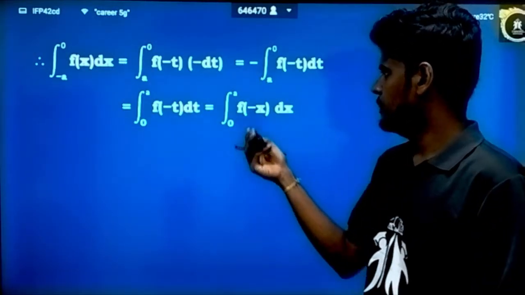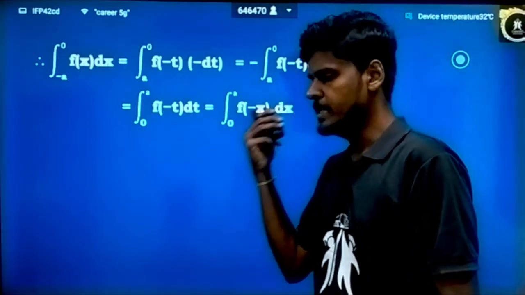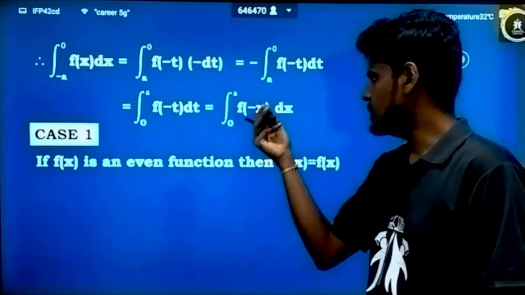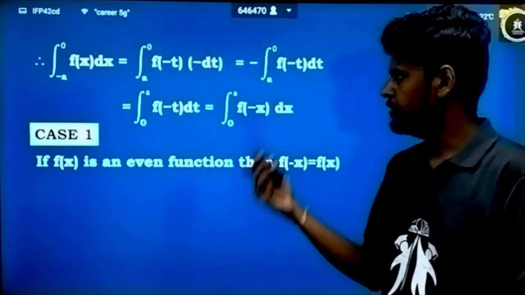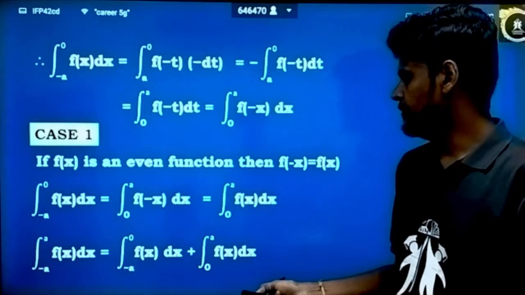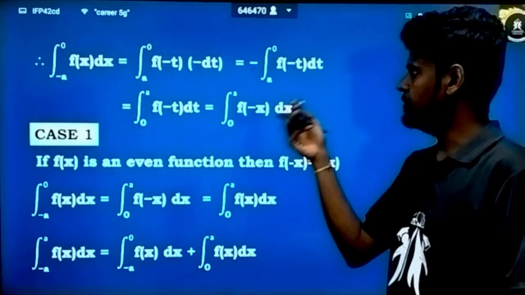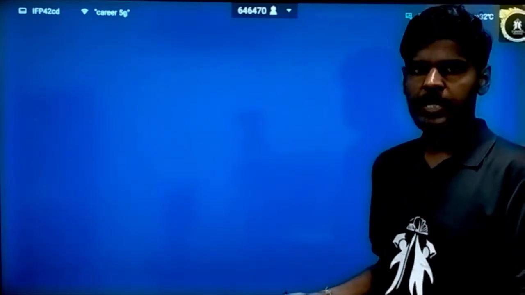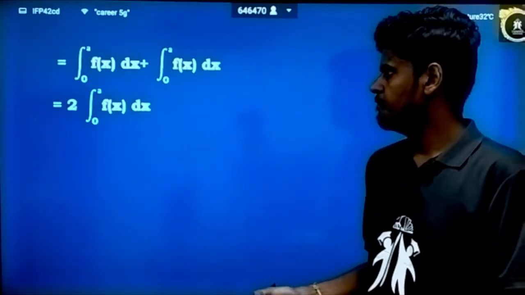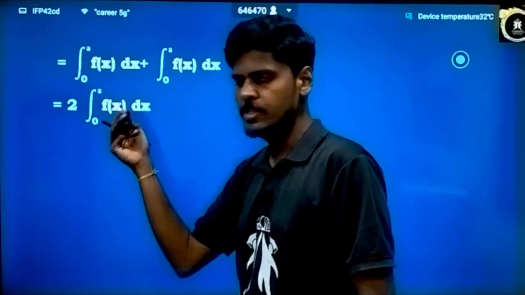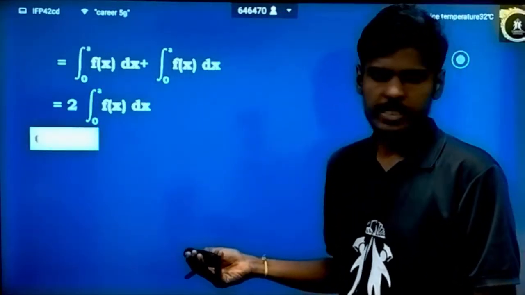Then we get this value, integral 0 to a f of minus x dx, and then if f of x is even, f of minus x is equal to f of x, so we will get the integral 0 to a f of x dx, which is the same as the second value. Similarly we can do for the next one. So the first case is for an even function, we get 2 times the integral 0 to a f of x dx. For the second one,